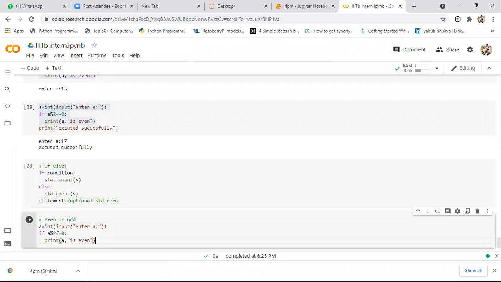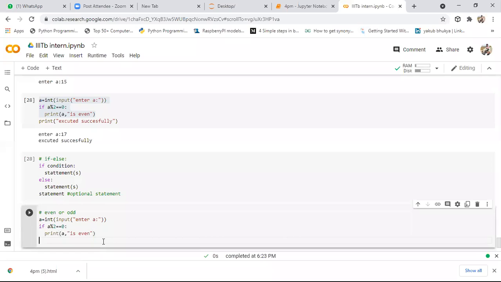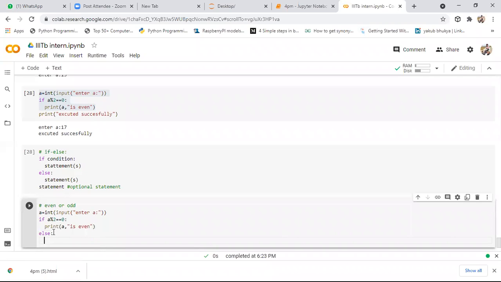After taking user defined input, we need to check this condition. If it is divisible by 2, that is an even number. Else, if it is not satisfying, we need to write the else keyword. Remember guys, here I'm strictly following indent. I'm giving this tab distance. By default you will get it, but if you don't follow this indent, you will get an indentation error. You should be very cautious with the indentation error in Python. After the else, I'm clicking the enter button.